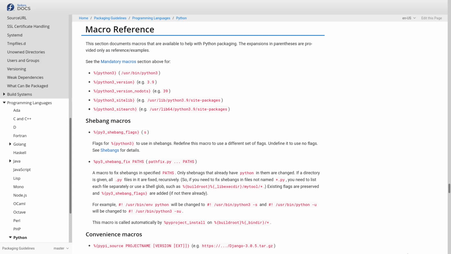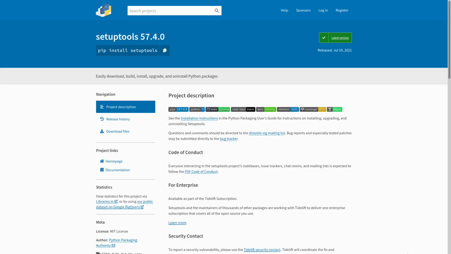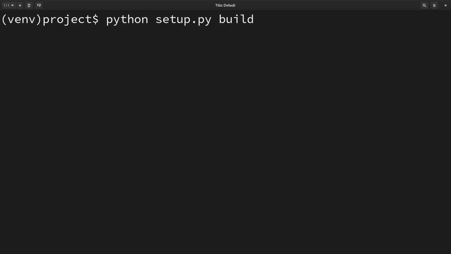For a long time, upstream Python packaging was done with setuptools. To build a package, you'd use python setup.py build, and to install it, you'd use python setup.py install. To run any of these commands, you'd need setuptools installed. However, setuptools has its issues. It's not a good fit for all projects, and yet it was hard not to use it.